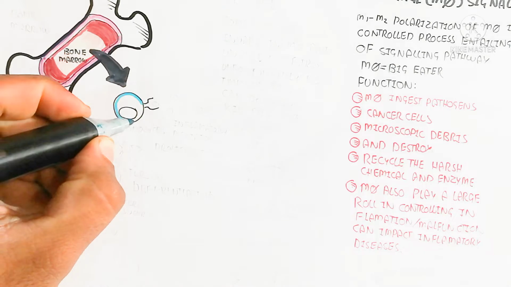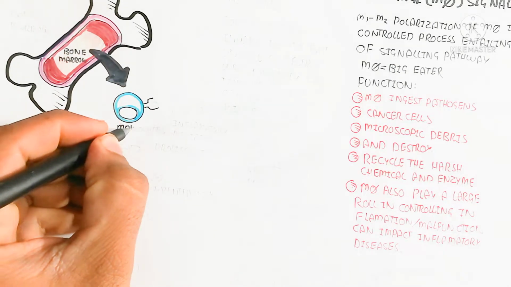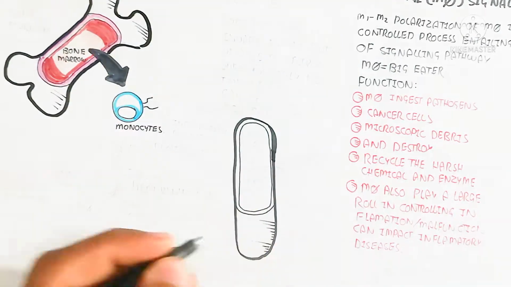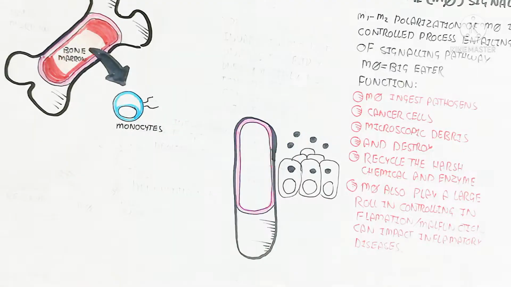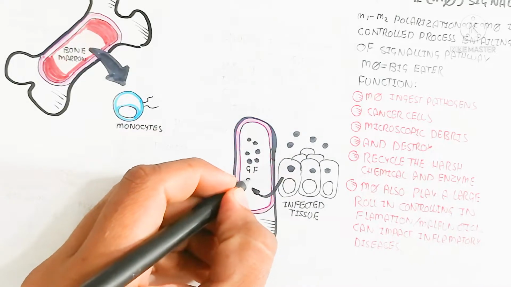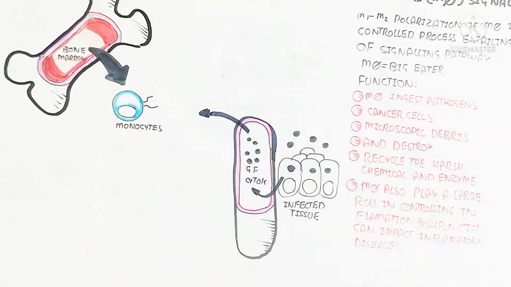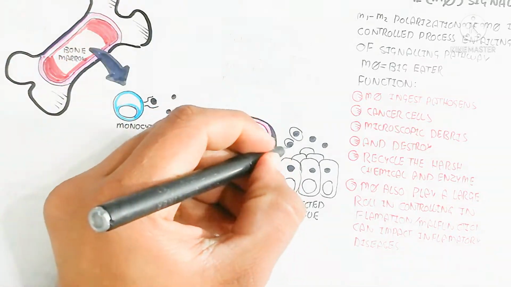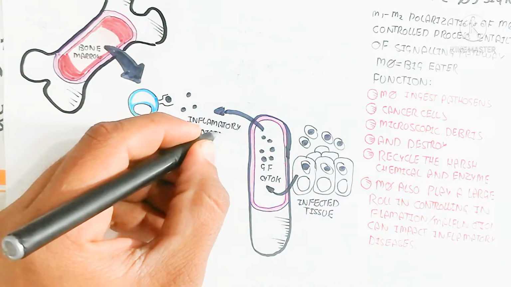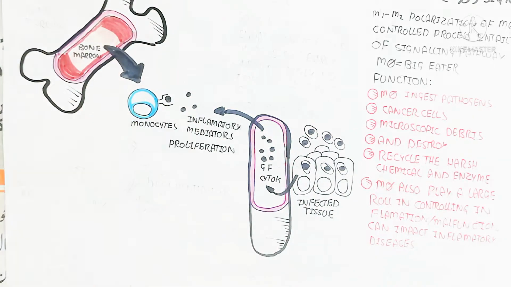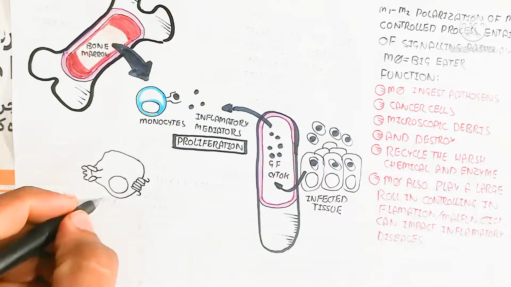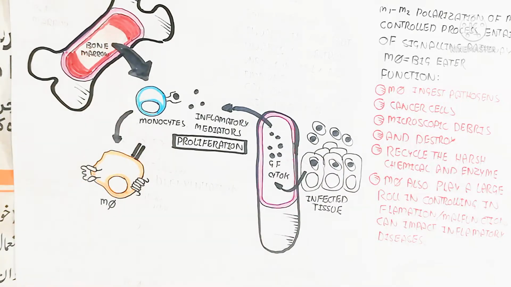So here is a bone which contains bone marrow and stem cells. Inside the bone marrow, monocytes are produced. After infection of the tissue, inflammatory mediators, which are also growth factors and cytokines, will bind with the monocyte. After this binding, it leads to proliferation, converting the monocyte into the macrophage, through the growth factor receptor binding to the monocyte to proliferate and form